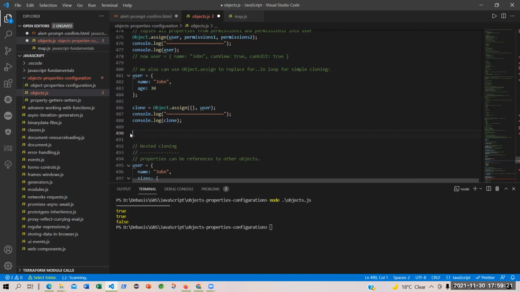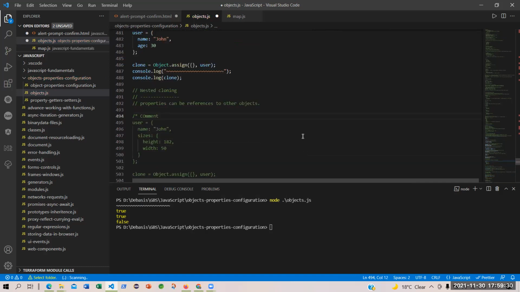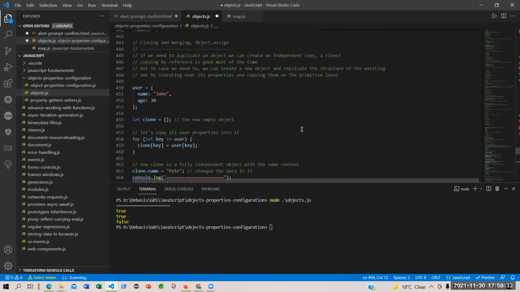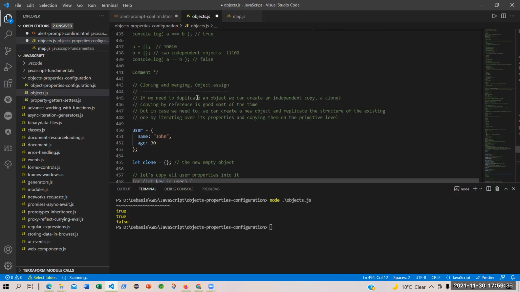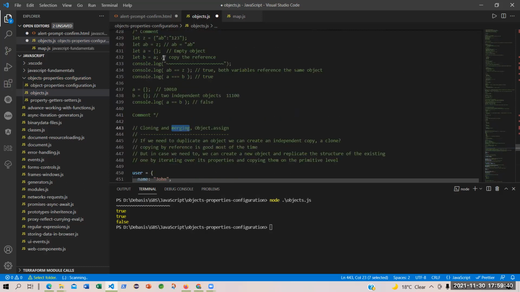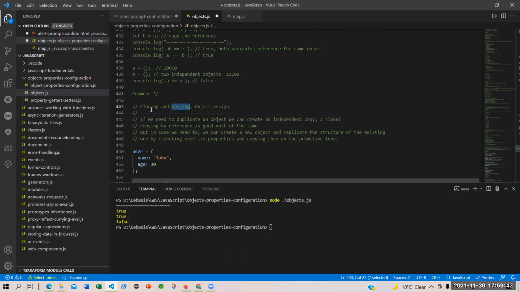Everything is fine. Let me execute this. The thing is cloning and merging. Since we can copy a reference, we can also do cloning and merging and assigning.